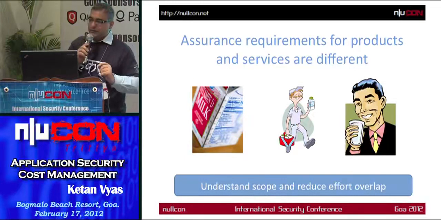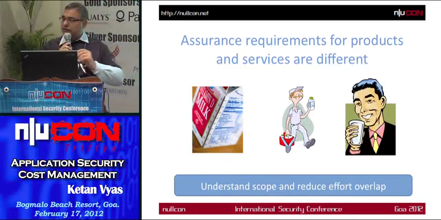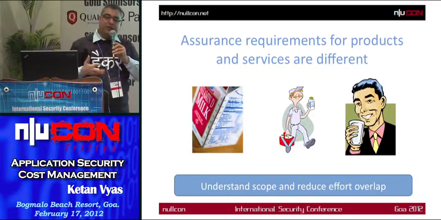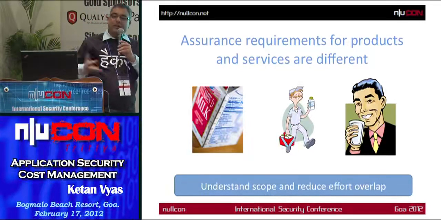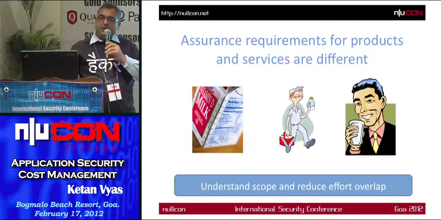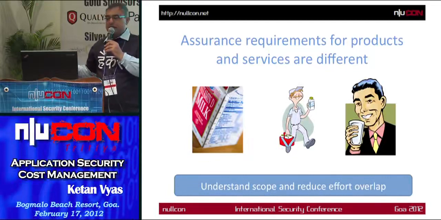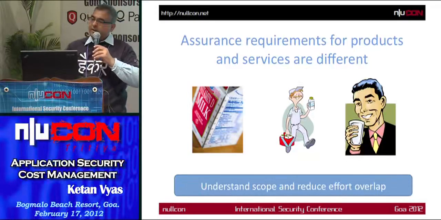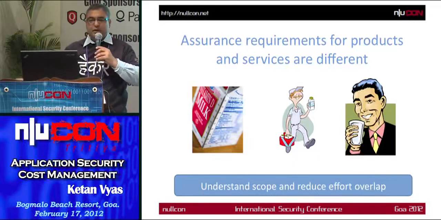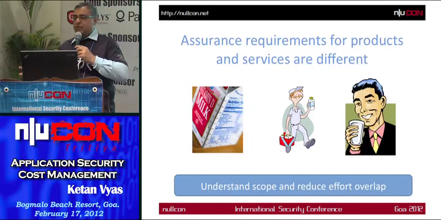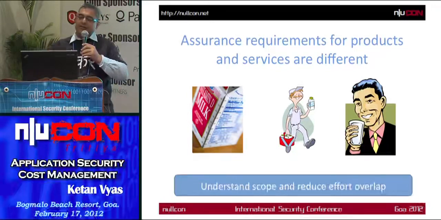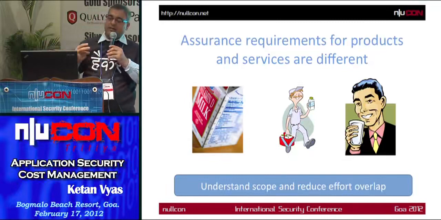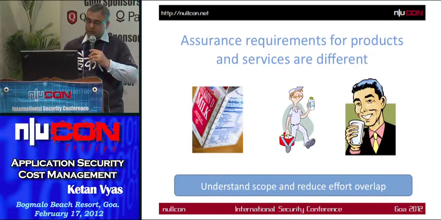So if you are building a product like MS Office or a Cisco router, the type of assurance that you need to do is different, because it's a widespread distributed environment, versus developing a timesheet application, where the requirement for the assurance would be different. You may still be writing secure code and doing security testing, but for security assurance, the effort should be less when you develop an application focused on a particular requirement compared to a widespread product.